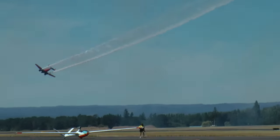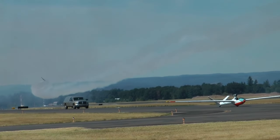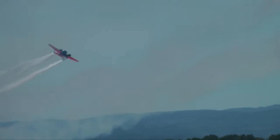I can think of only 3 airshow pilots who flew a Beech-18 like this at air shows. 2 of them were from the state of Oregon. One of them...